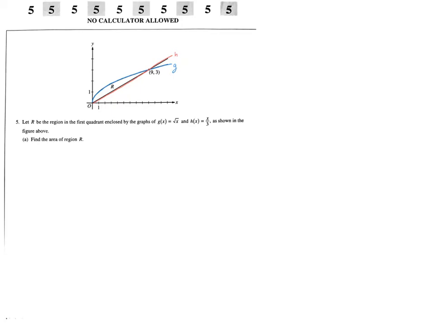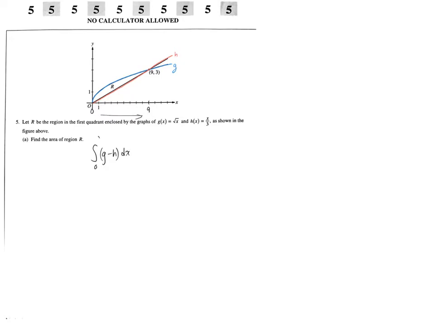Find the area. So it's an enclosed region, and it's pretty obvious it's enclosed between x equals 0 and x equals 9. So our straight up formula for this is we're going to integrate upper minus lower, or further minus closer. So it's going to be g minus h dx, because we're going across the horizontal axis here,